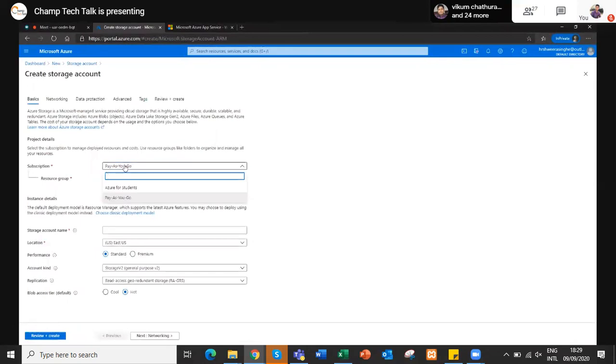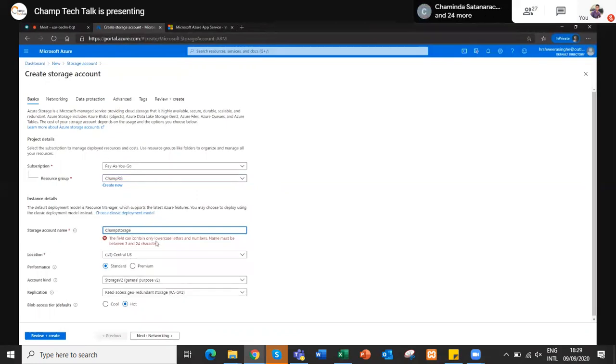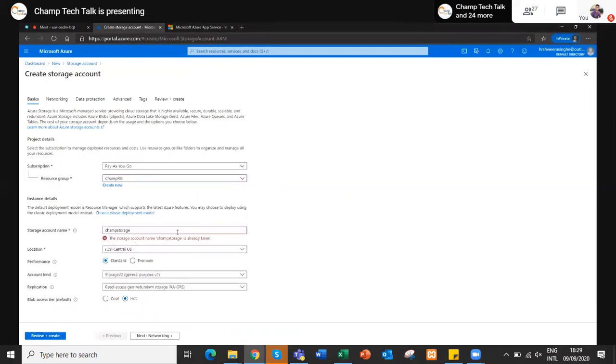I'm going with my pay-as-you-go model, and we already have this resource group we created. If you want a new one, you can create a new one. I'm selecting the earlier one. You have to give a name. It is asking you to use lowercase, so CCAP simple. Make sure that this name is a unique one, since they are giving us a unique URL.